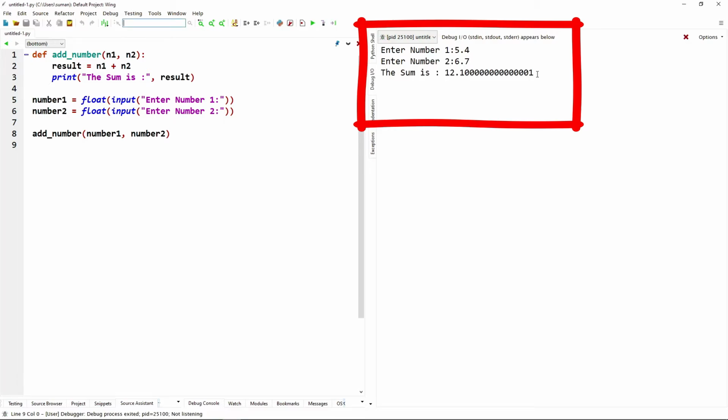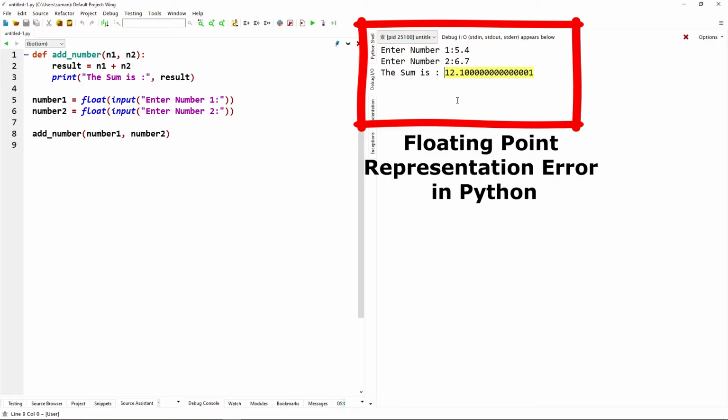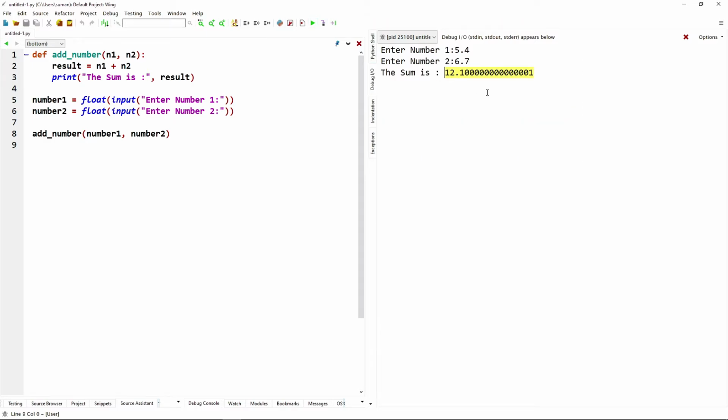Look at the summation, that must be 12.1. We get that error because of floating point representation error in Python. If we check with other floating point numbers, suppose 5.1 and 6.2, here now the result is right.